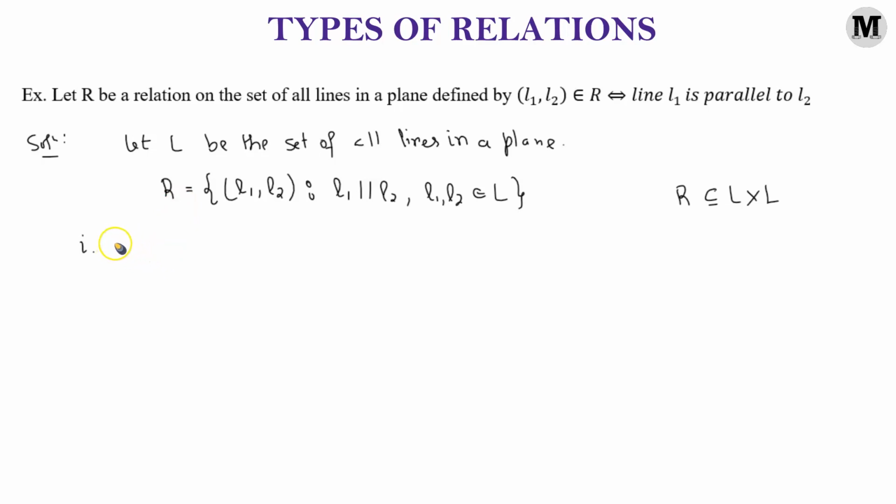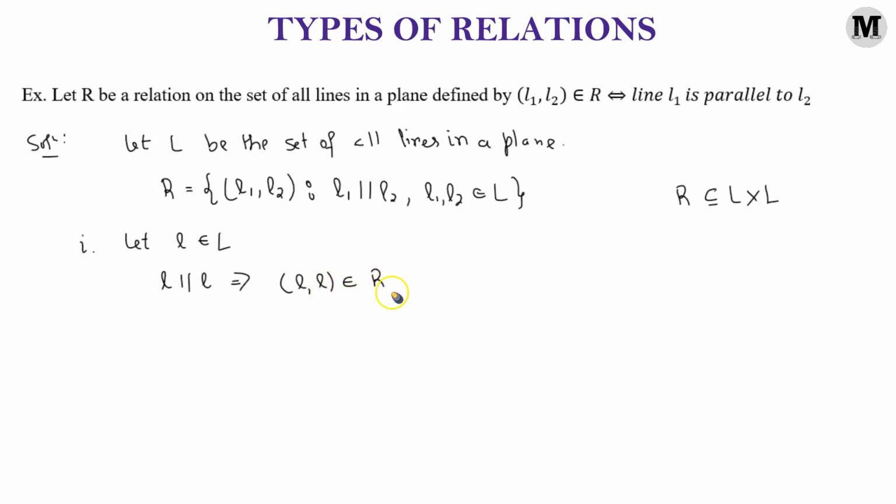So how do we show that it is reflexive? Now here, let us consider a line L picked up from the set L. We're going to pick any random line from that set L, because L contains the set of all lines in the plane. Now, can we not say that L is always parallel to L? That means a line is always parallel to itself. What does it mean? Now this simply means that the ordered pair (L, L) is going to definitely belong